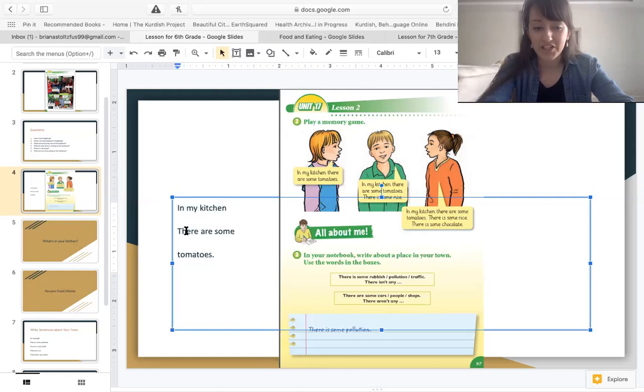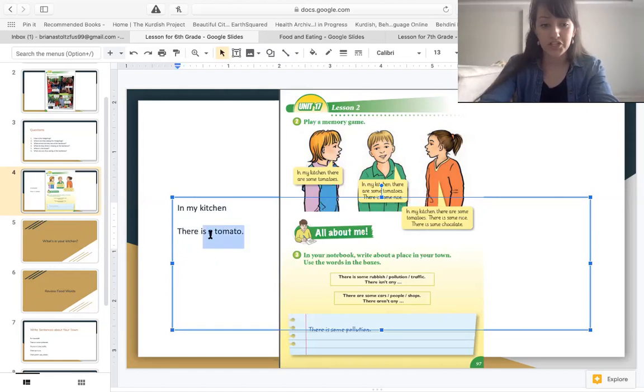She says, in my kitchen, there are some tomatoes. Some, this means more than one. More than one. If there was only one tomato, she would say, there is a tomato. Repeat after me, in my kitchen, there is a tomato. But there is more than one. So she changes is to are, and she says some